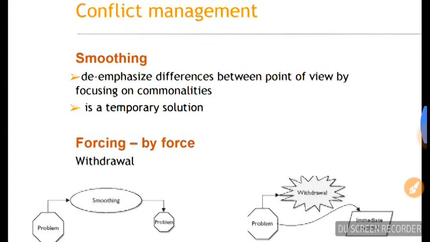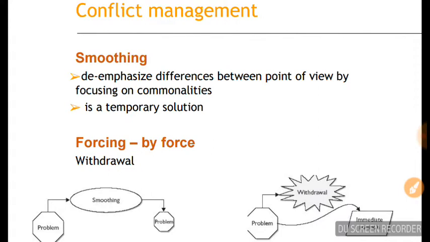Then smoothing is another technique used by managers, where you highlight the agreements first and then get into the disagreements. In meetings very often, at least I have seen this, somebody comes and says, point 1 we are agreeing, 2 we are agreeing, 3 also we are agreeing, 4 and 5 we need to conclude, and then the discussion starts. So they are setting the tempo for the meeting. That is known as smoothing.